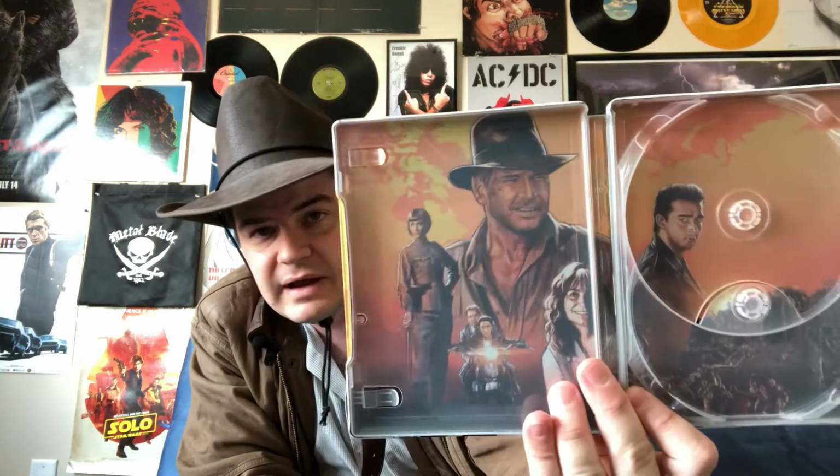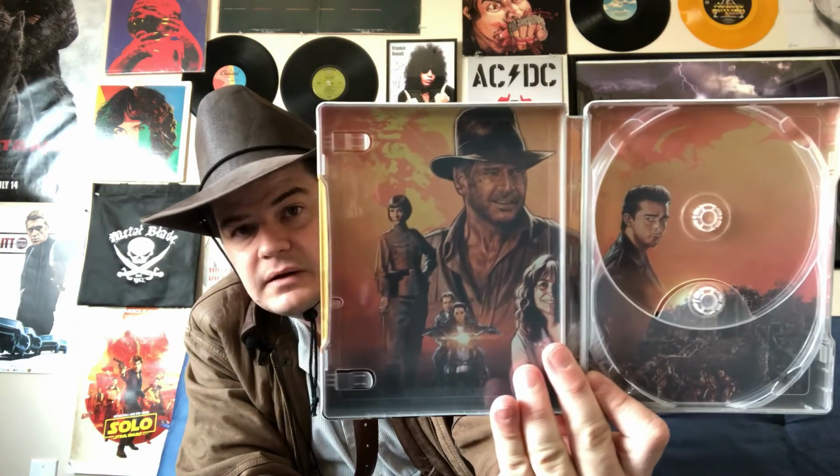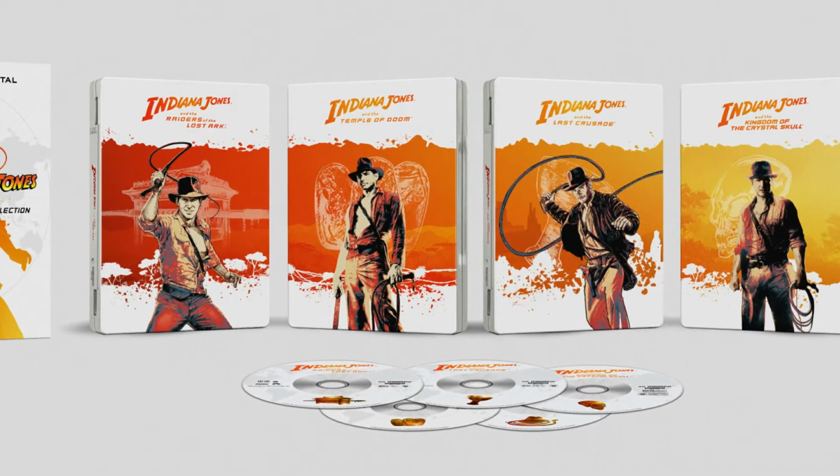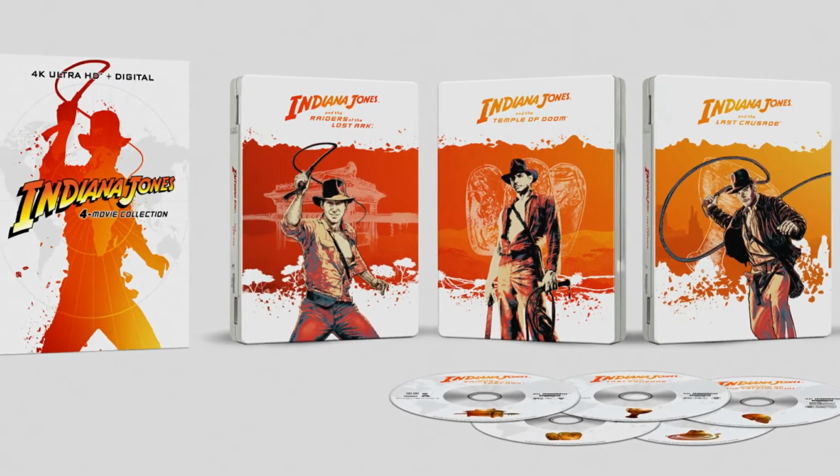2 discs in this Steelbook. First one, of course, being the Kingdom of the Crystal Skull disc. And the second one being our Blu-ray disc, which is the special features. Most of the special features from earlier releases are included in this set. However, not all of them are here. We get, I would say, probably the bulk of the stuff from earlier releases, but sadly not every single thing. I mean, personally, I wish they would have included some new bonus features because everything that's here, unfortunately, is previously